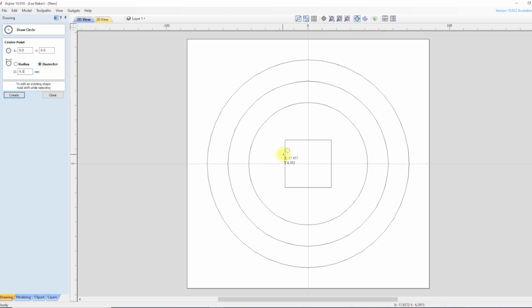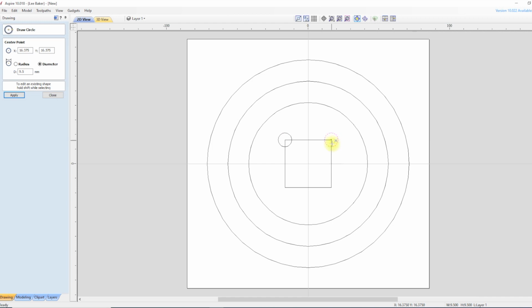If I then take my crosshair to the corner of the square, the software detects that I'm on the corner by bringing up a little filled in square icon. And all I have to do then is click the left mouse button and it will add the 9.5mm vector for me. I repeat this on all corners of the square, and now I have my 4 buttonholes,